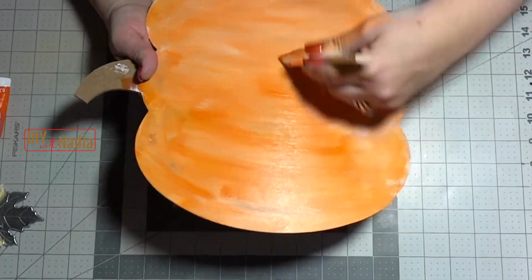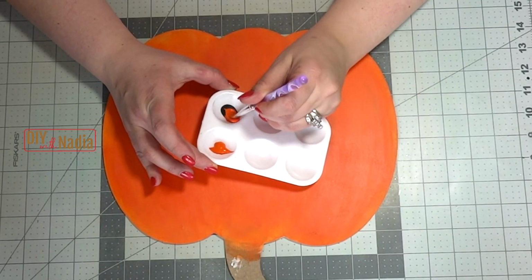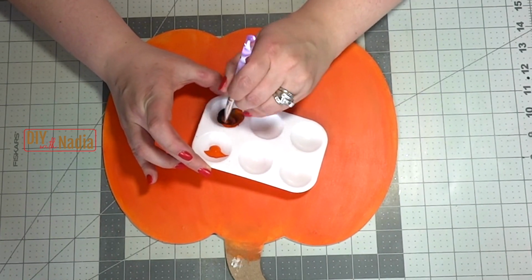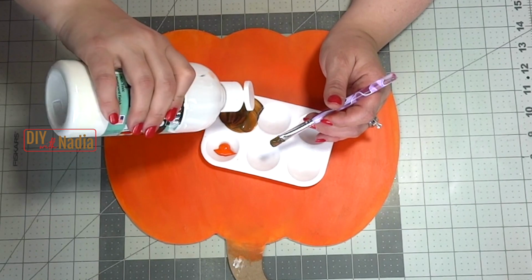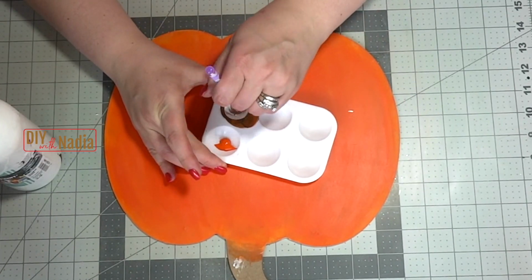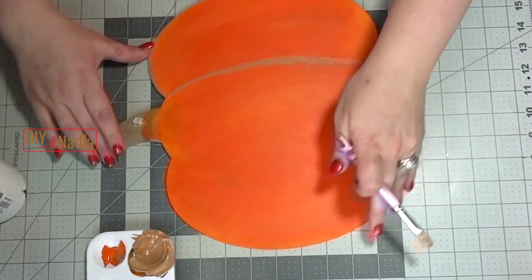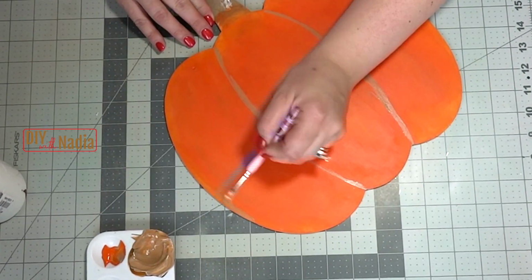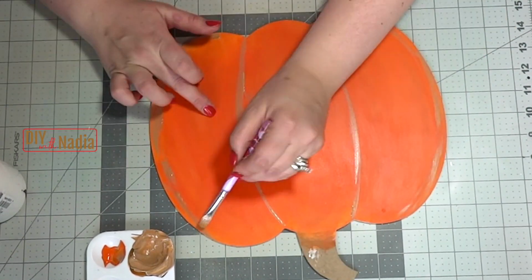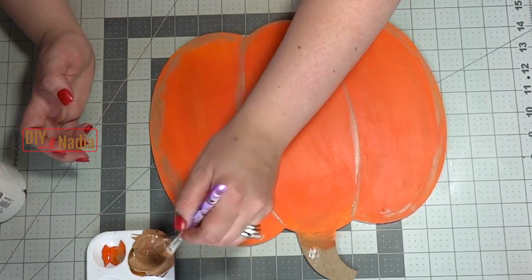I gave this pumpkin 3 coats of acrylic paint by Artist's Loft. To shade this pumpkin in, I'm using that same orange that I used for the pumpkin. Then I'm adding some brown to darken it up and then adding some white to give it a little bit of light. To shade the pumpkin, I'm following the outside lines and just making little curved lines to give it that 3D effect,